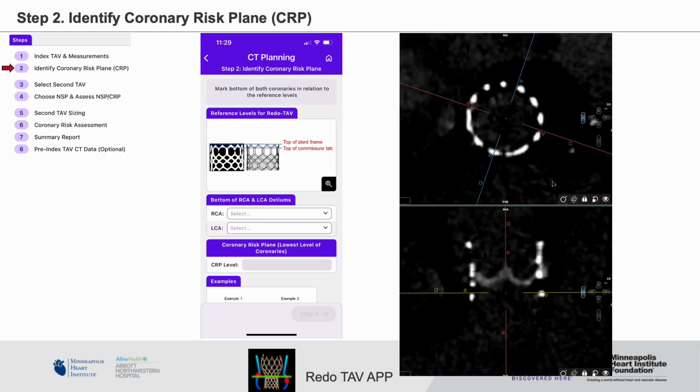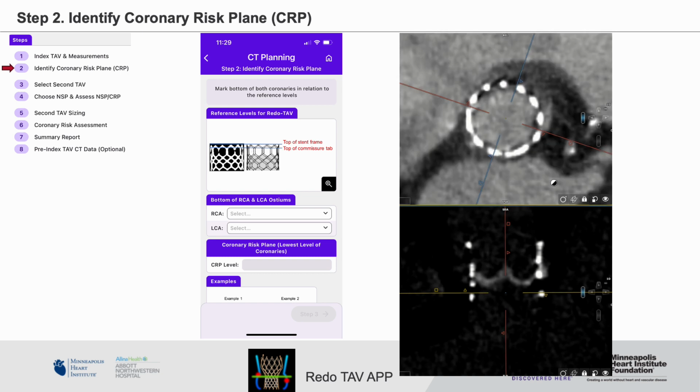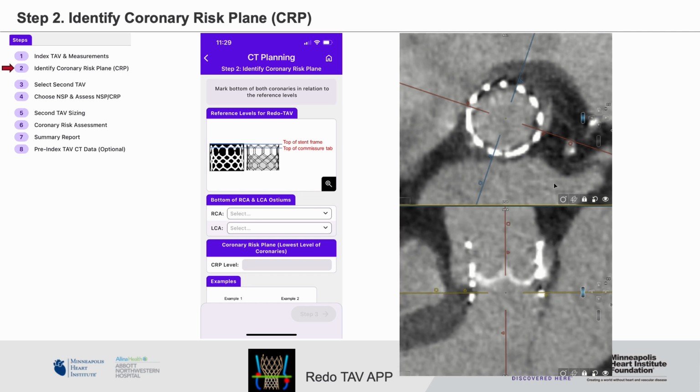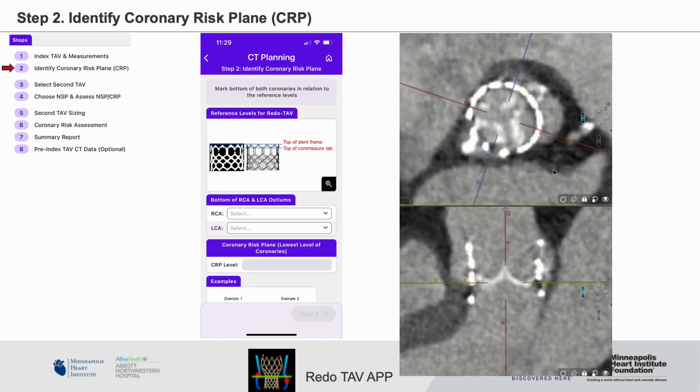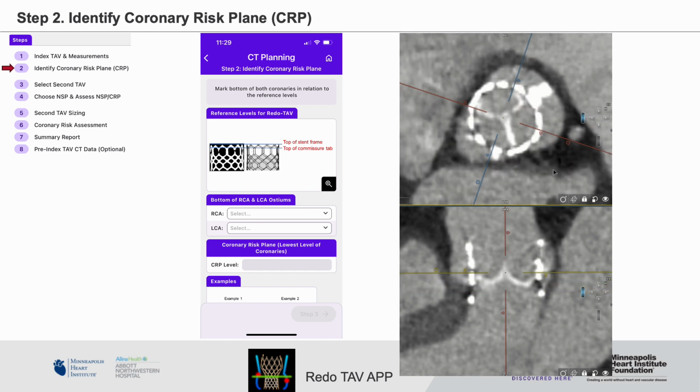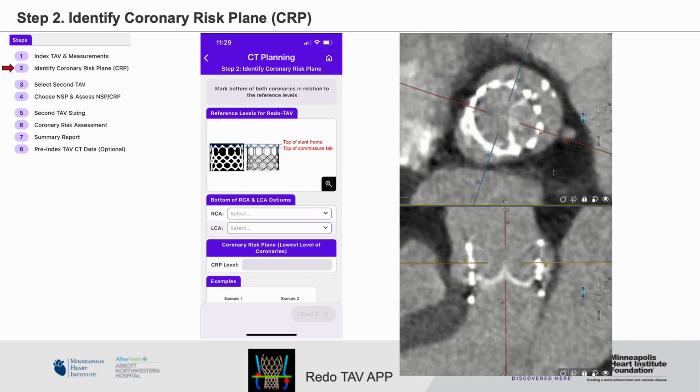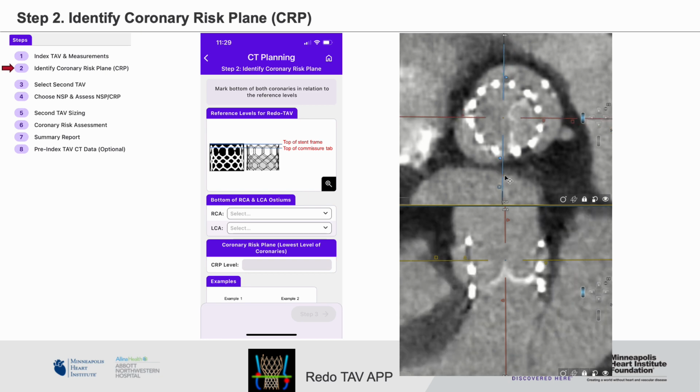Step 2 is to identify your patient's coronary risk plane, which is defined as the lowest level of coronaries in relation to the SAPIEN 3 reference level, which is the top of the commissure tab. On the CT, now we are in the inflow level, so scroll up the plane. Now we are reaching the bottom of LCA. So align the MPR